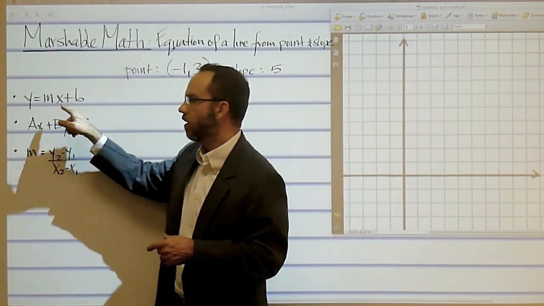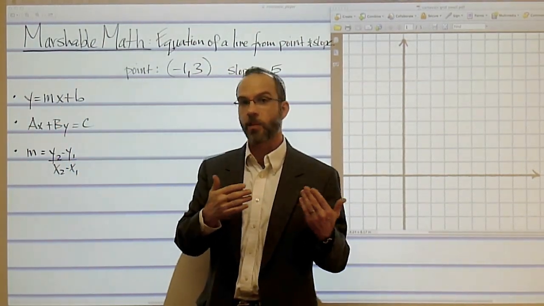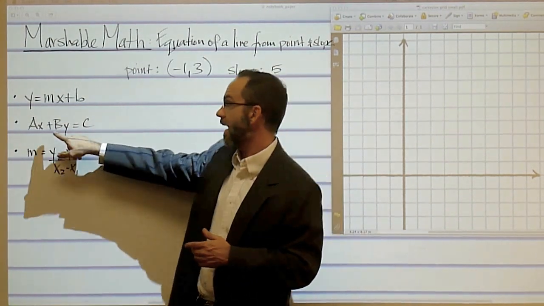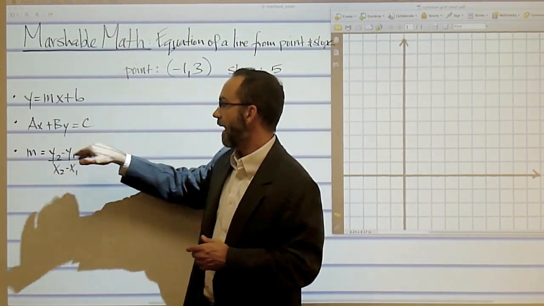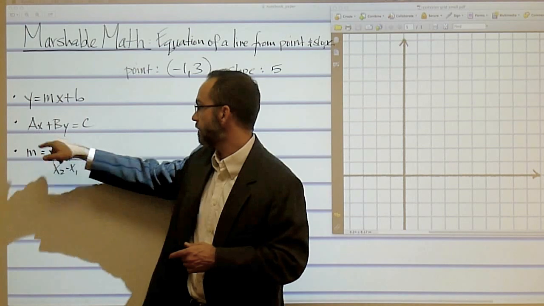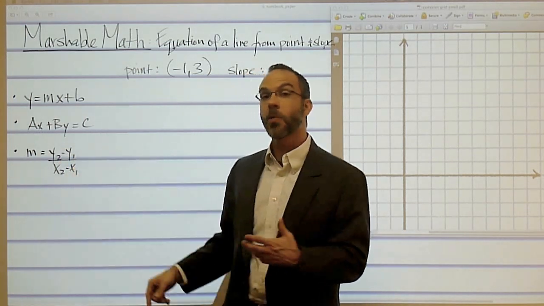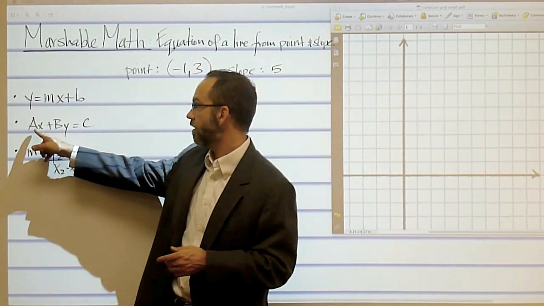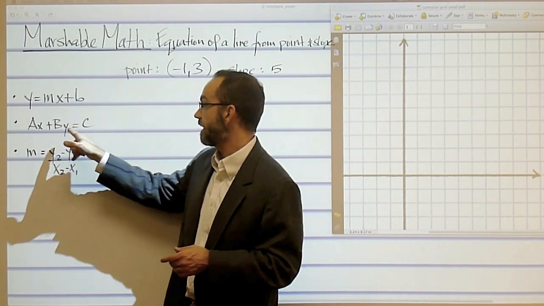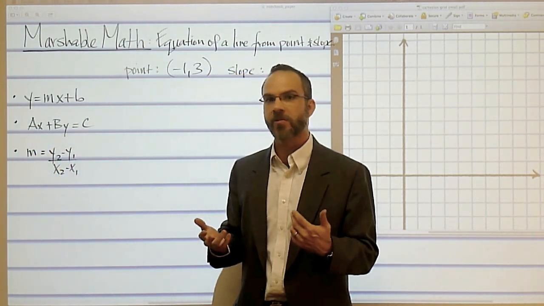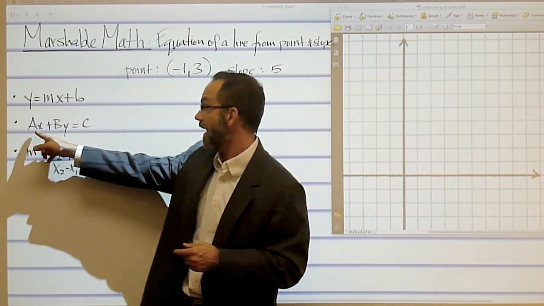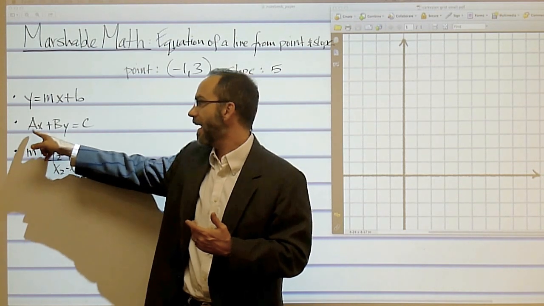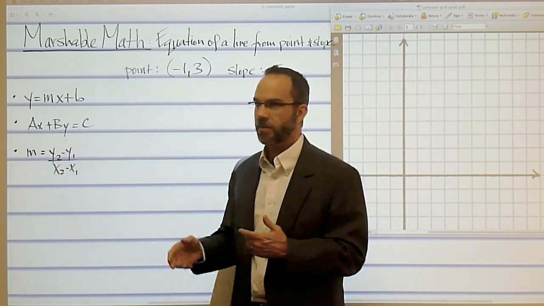The y and the x here are the point values that can lie on the line, any one of those points. This equation right here is called general or standard form, and it's ax plus by is equal to c. It has to be written in that order. The x's and the y's are on the left, x comes first, and the c is on the other side of the equal sign. But notice that the a, b, and c are capital letters. That tells us that the values we're multiplying, a, b, and c, have to be integers. In other words, they have to be positive or negative whole numbers, except for the a. The a value, the value on x, usually has to be positive. So the a has to be a positive integer,